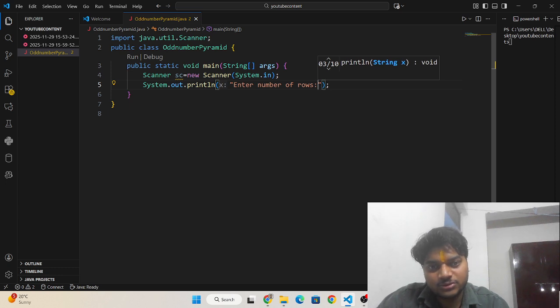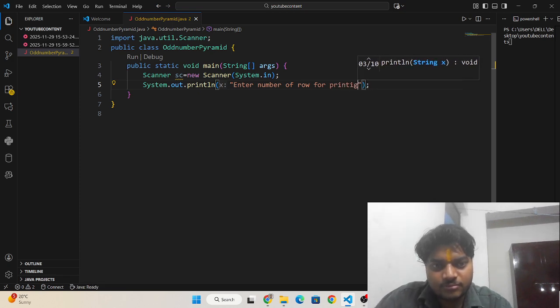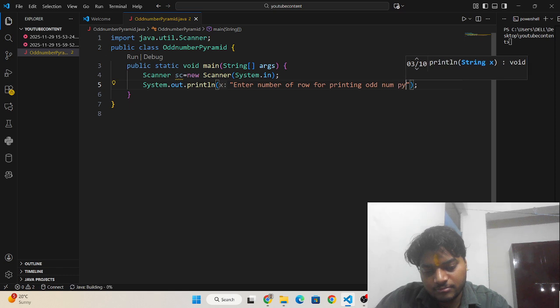Enter number of rows for printing odd number pyramid.